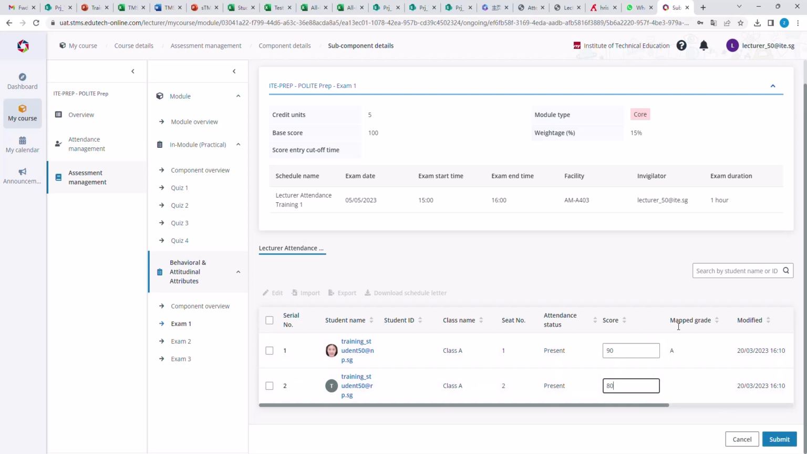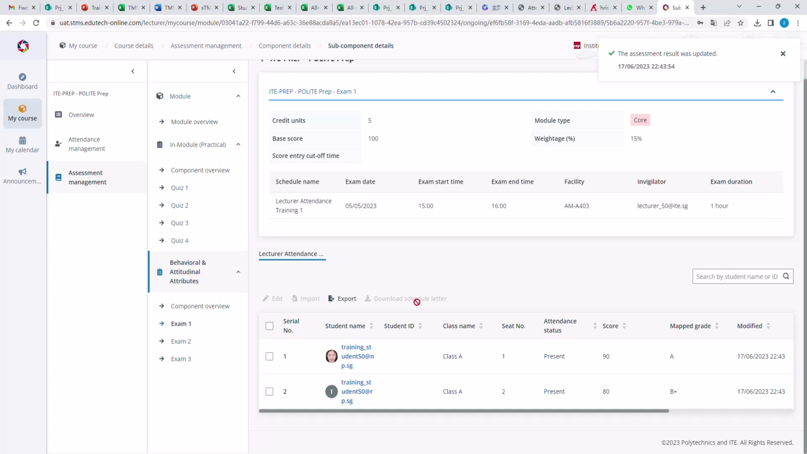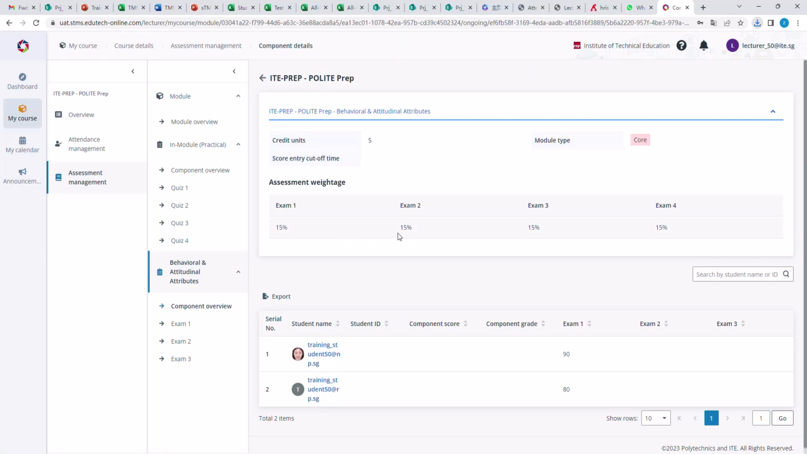If you notice, the mapped grade is automatically calculated and shown here. So you can just submit the grade, confirming that these academic results will be uploaded to the system. Then you can always export out all the information, and you can click on one of the students to download their schedule letter. From the component overview, it will also show the general information of this subcomponent,